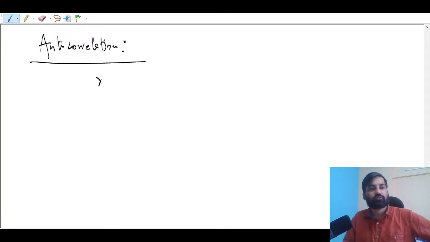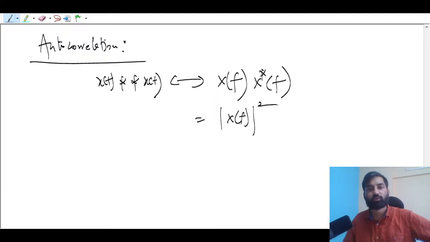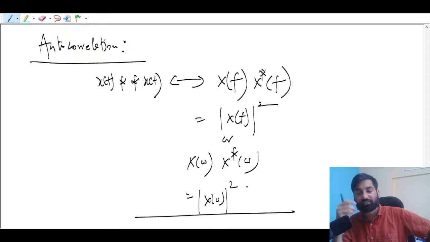So x of t का correlation x of t के साथ, that is going to give us X of f times conjugate of X of f, or you can also write this as X of f का whole square, or X of omega conjugate करके, and then you can write this as X of omega का square. So इसको हम लोग डेंसिटी भी बोलते हैं, पावर डेंसिटी और एनर्जी डेंसिटी, ओके, डिपेंडेंट अपॉन द सिचुएशन, ठीक है।